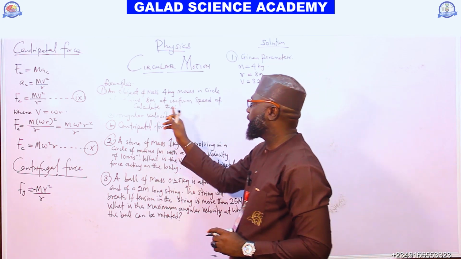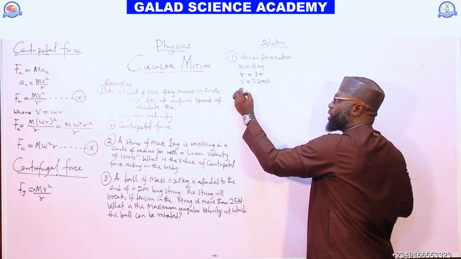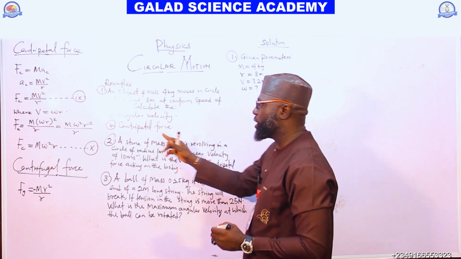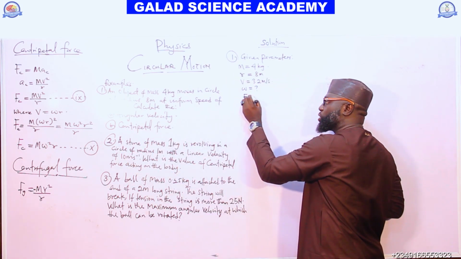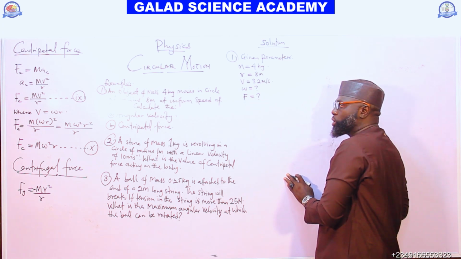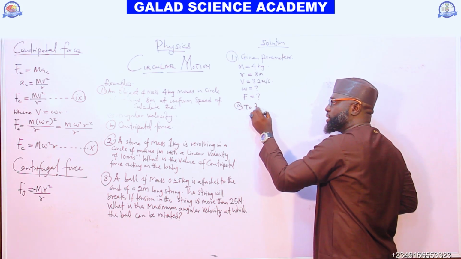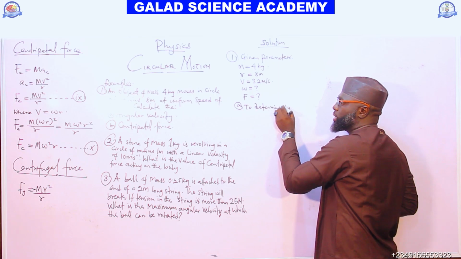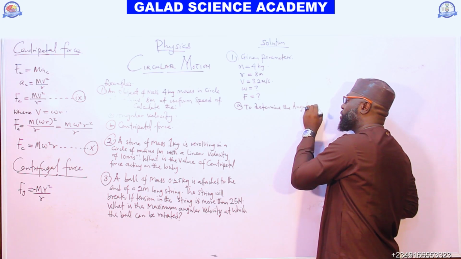You have to calculate the angular velocity, so the angular velocity is unknown. Then calculate the centripetal force, which is also unknown. So the first one is A. To determine the angular velocity,